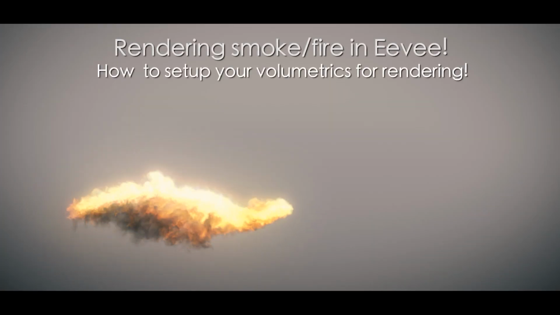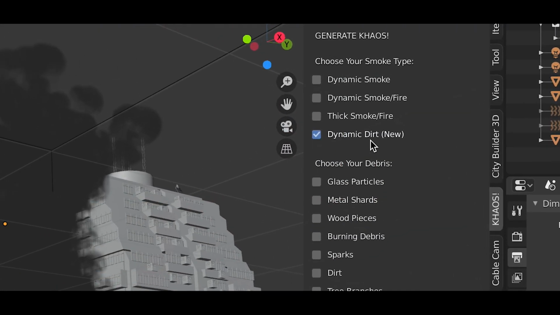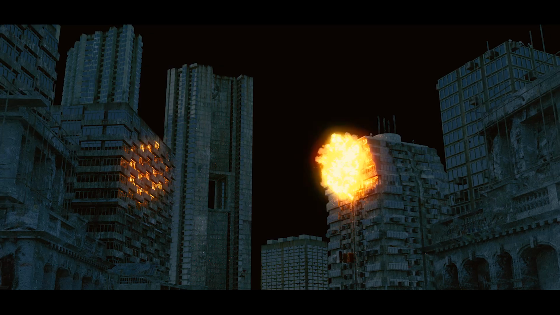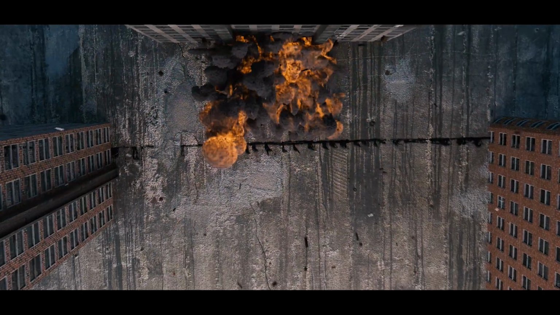Today I'm going to be sharing with you a quick tip on how you can render out your smoke and fire simulations in Blender with the Eevee real-time rendering engine. To be fair, this isn't really real-time as volumetrics can take a little bit longer to render inside of Blender. However, it's much faster than rendering in Cycles and you can still get some fairly good results in a much